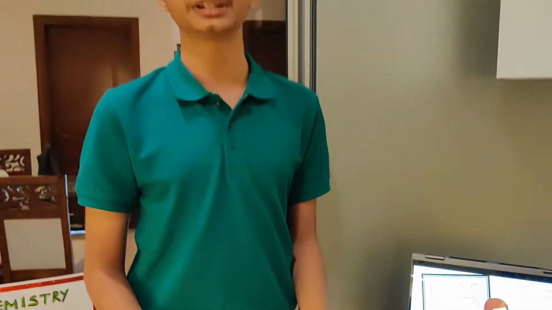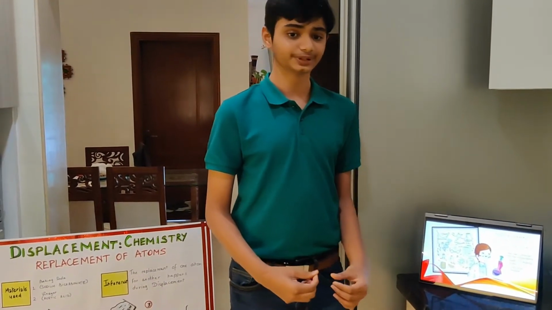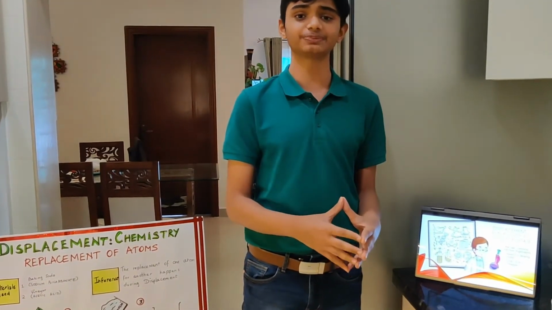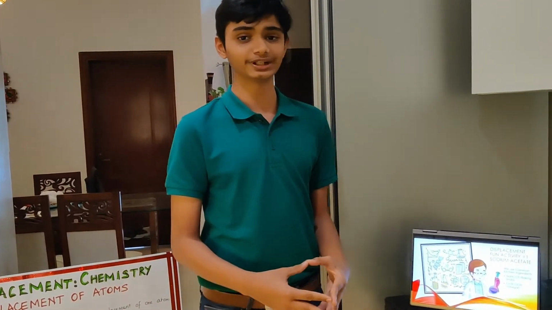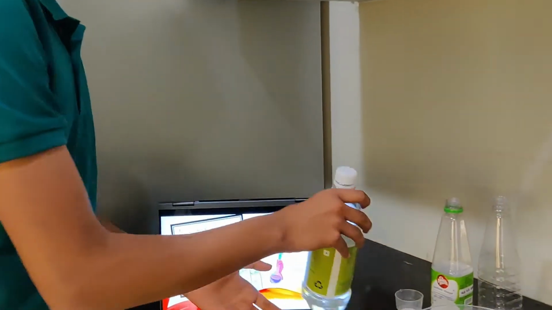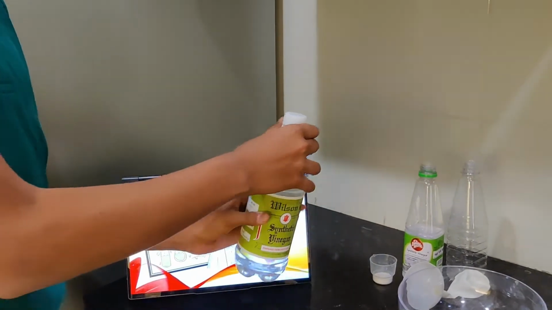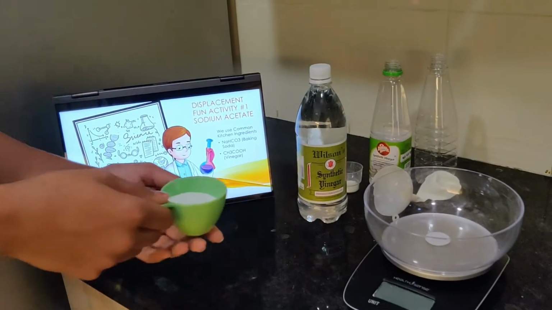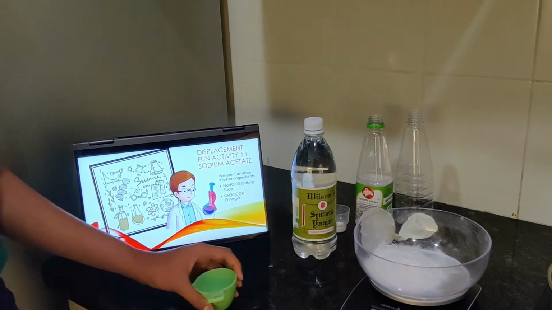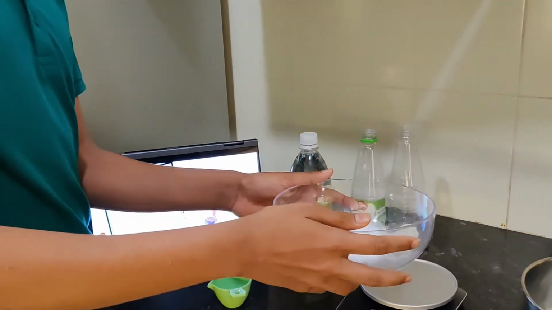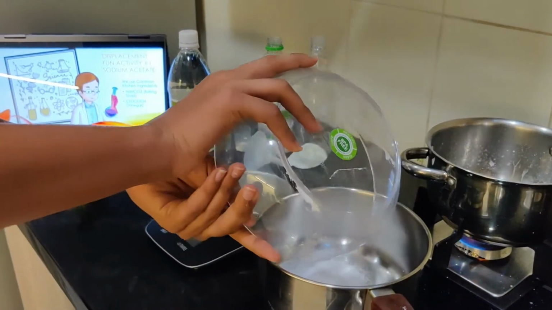Now let me show you a live demonstration of this displacement. Since simplicity is spectacular, I chose ingredients from my mom's kitchen. The ingredients I chose are 1 liter of vinegar, also known as acetic acid, and around 45 grams of baking soda, also known as sodium bicarbonate. First, we have to add the baking soda into the pot,